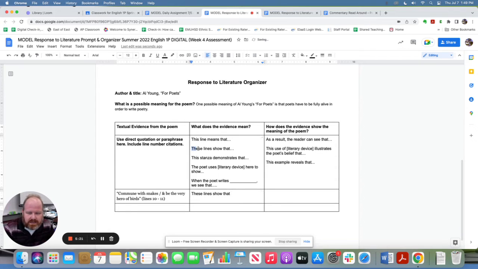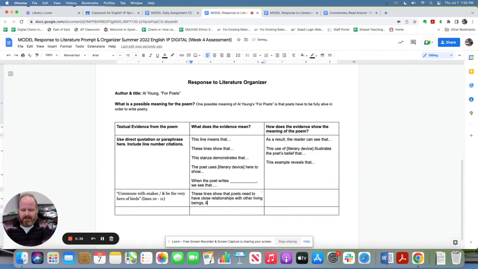So you can use these sentence starters. You don't have to, but I think they're helpful. These lines show that poets need to have close relationships with other living beings, including snakes and birds.